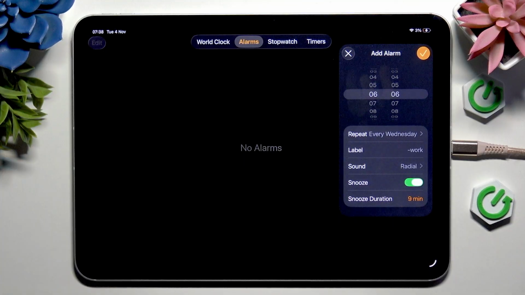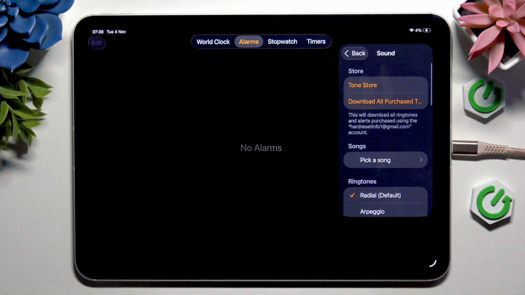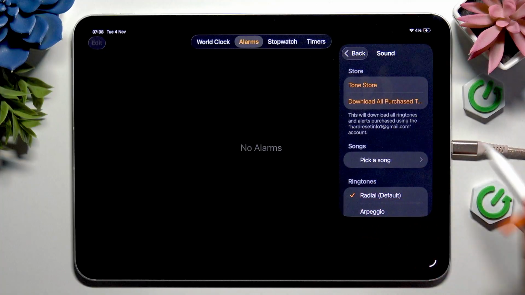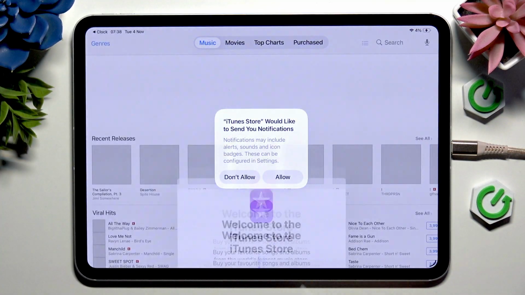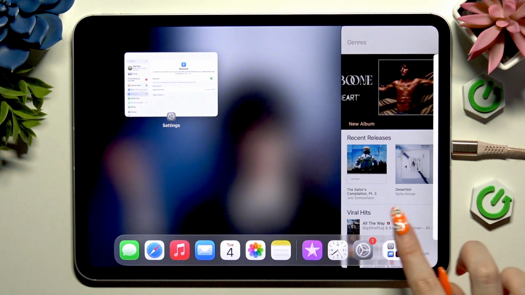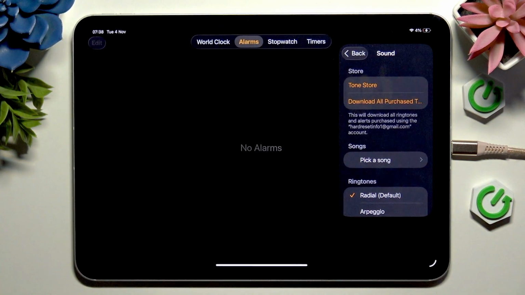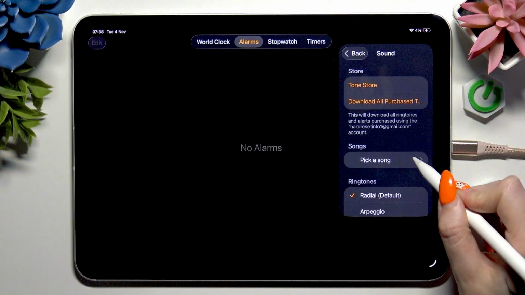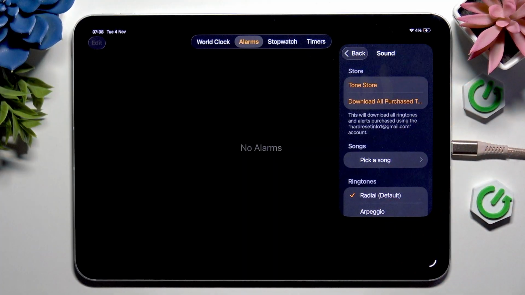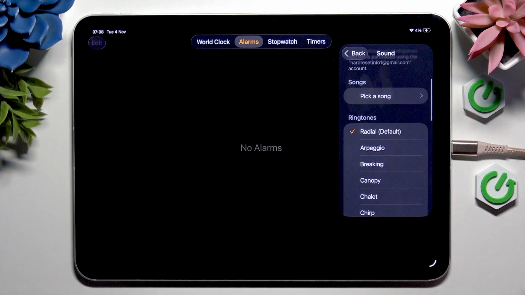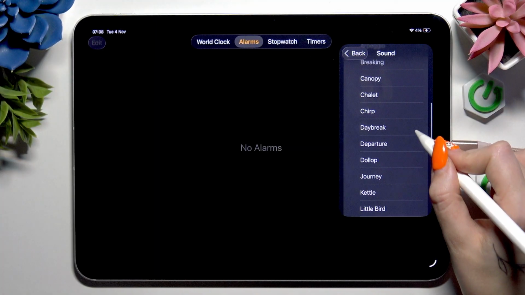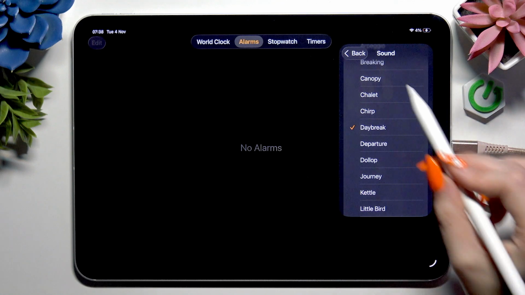And select sound. Now you can either tap on Tone Store or Download to pick any song you have in your iTunes store, or if you don't want to do that, you can click on Pick a Song to pick a song from your library, or if you don't want to do that either, scroll down to pick any of those sounds, like for example, Daybreak. Go back,